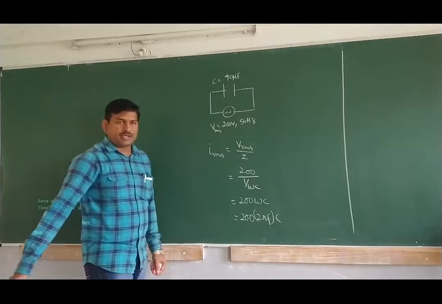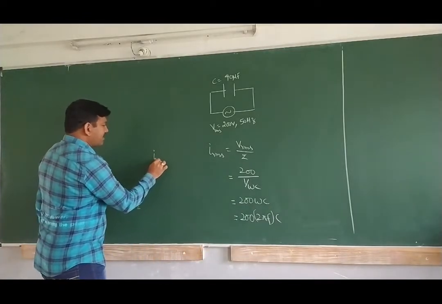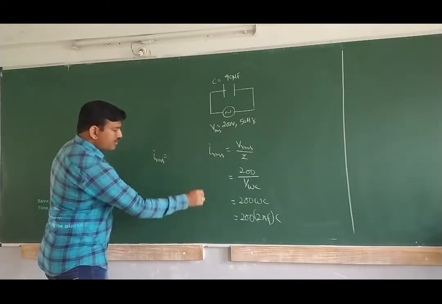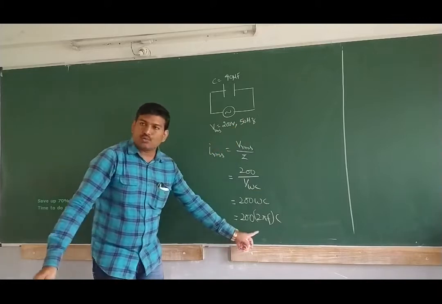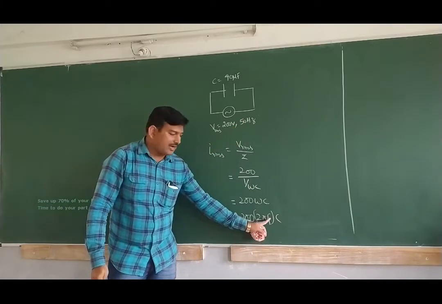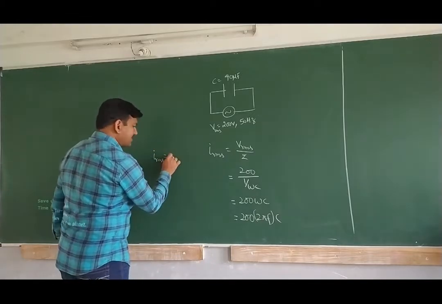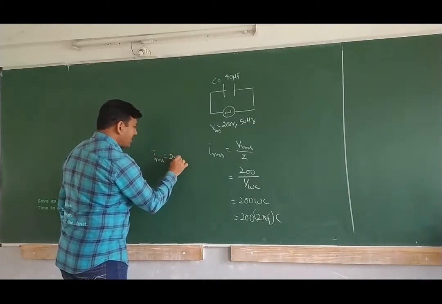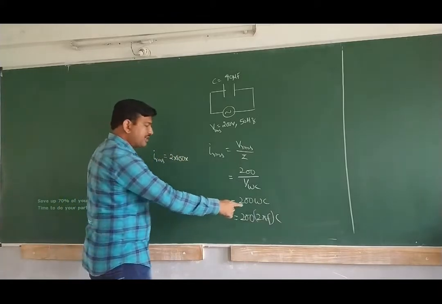Yes, sir. If I use this here, what am I getting? I_RMS is equal to 200 into this, 2 into 5. F is equal to 50, 2 into 50 is 100. 100 into 3.14 is 314, so I can write it here. Otherwise, I can take it like this: 2 into 100 into this, 2 into F, 2 into 50, that is 100.